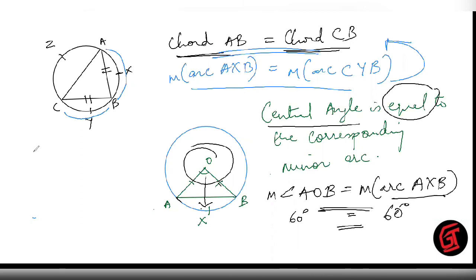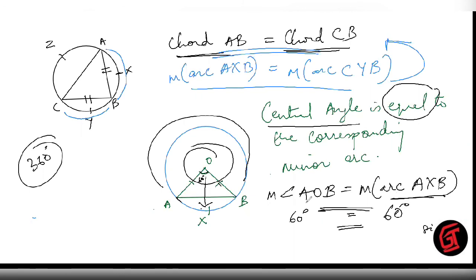It is equal. I did not speak this number anywhere when I was explaining central angle. So there is no connection. If you say 360 degrees minus 60, that will be the measure of the major arc. It won't be the measure of the minor arc. But when a central angle is given to us, whatever its measure, the opposite minor arc is also the same measure. Vice versa, suppose the minor arc measure is 80 degrees, so the central angle also will be 80. Central angle is equal to the corresponding minor arc. I hope I have written this property down.